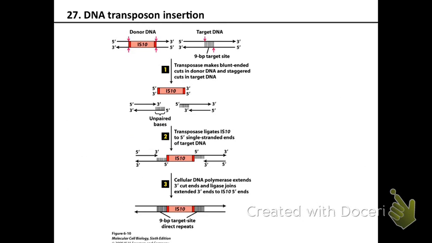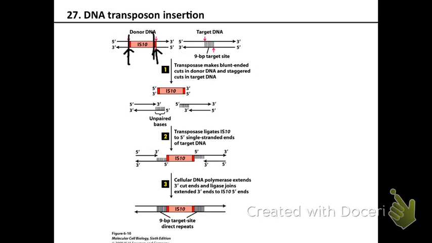All right. So what the transposase does for actually removing that DNA is it cuts the donor site right outside of the inverted repeats, right? It makes a very clean cut. A clean cut is a blunt cut. It cuts at the same place in both strands. Cuts bluntly, right? And then you have a double-stranded DNA with blunt ends.